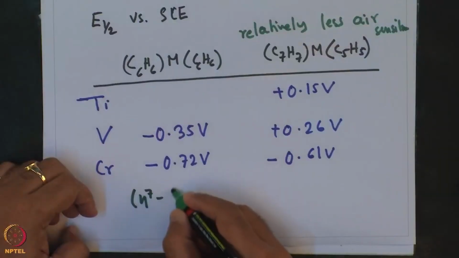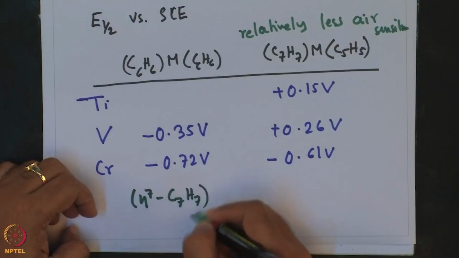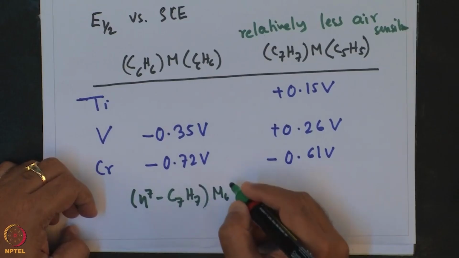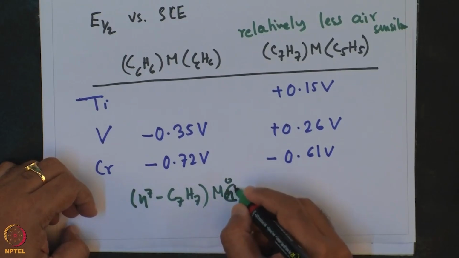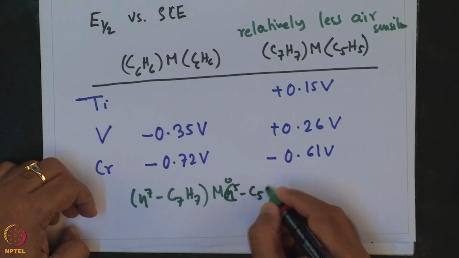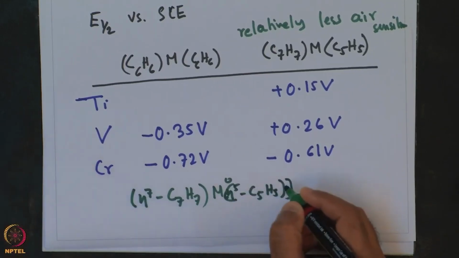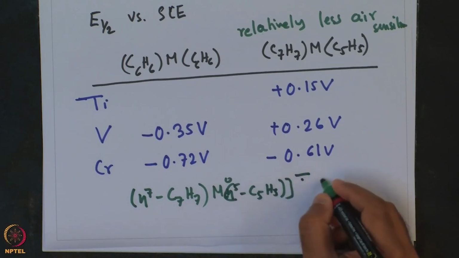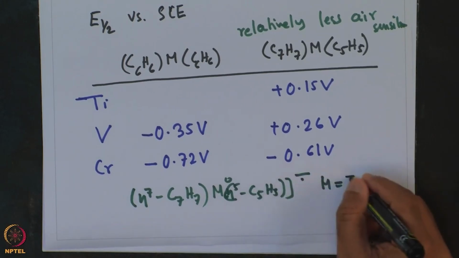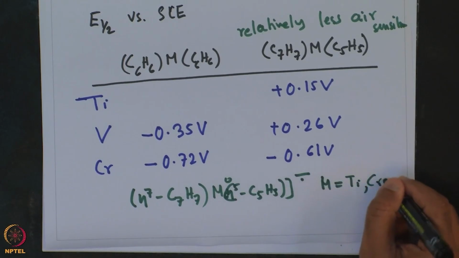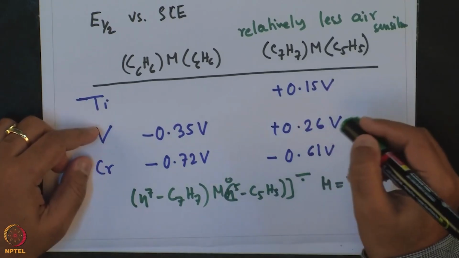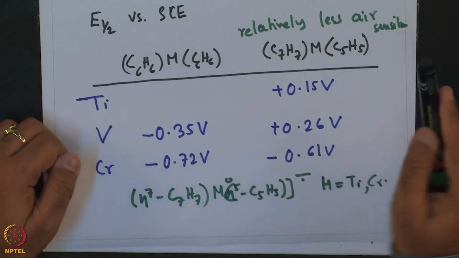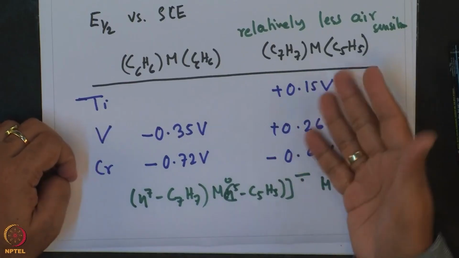For example, for this complex, η7-C7H7 molybdenum η5-C5H5, the radical anion has been observed for M equals titanium and chromium. So, these complexes can further be reduced to the radical anion because their zero neutral state is